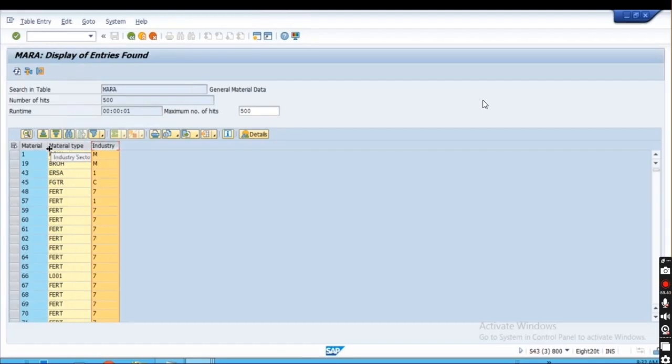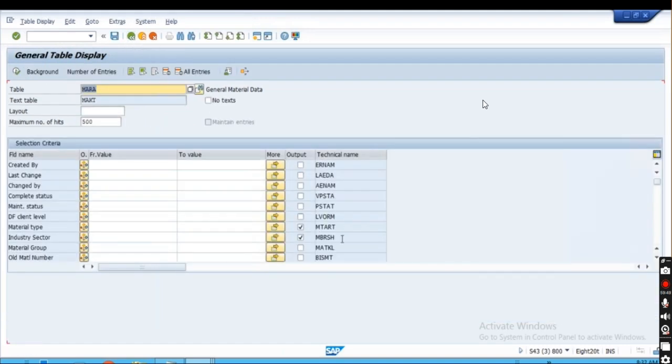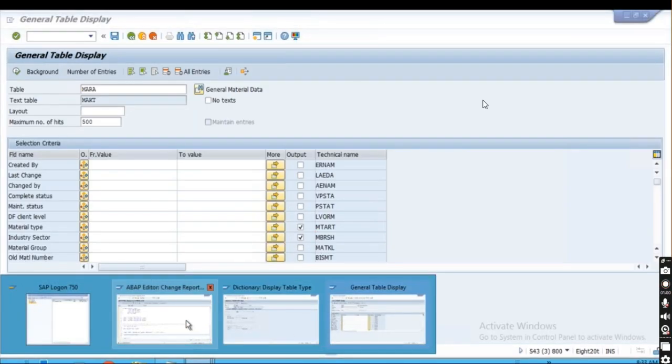Now you might be thinking, here it's showing material type and industry sector, but I'm writing MATNR, MTART, MBRSH. Actually, we have to use the technical field name. You can see the technical field name here, and this is just a description. The system understands the technical field name, not the description. That's why I'm using the technical field names MATNR, MTART, MBRSH. Come over here and what we will do